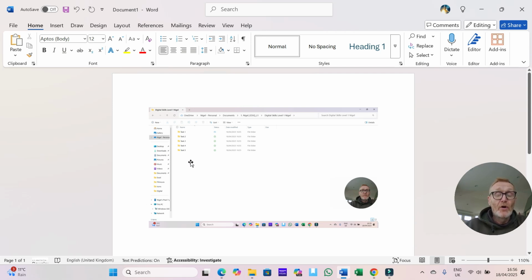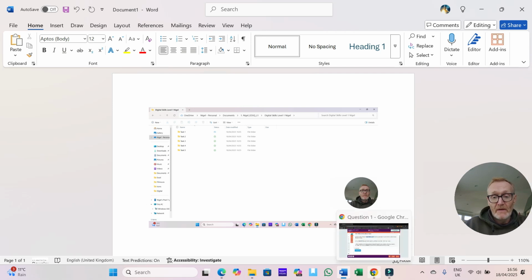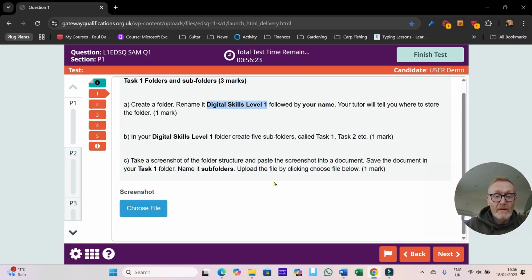Now I've forgotten what it wanted me to name that file. So if I need to, I just need to go back onto the taskbar, click on there, and, all right, save the document in your task 1 folder, name it subfolders. Okay, so I just go back to Microsoft Word,